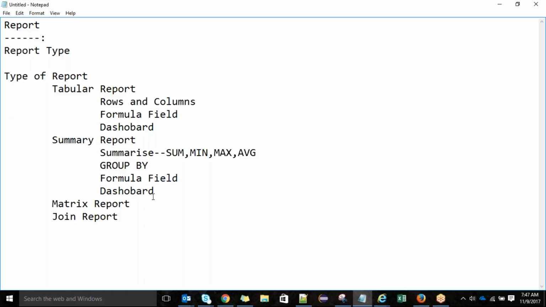Now, what is the matrix chart? And one point to remember here is that information can be summarized row wise. Here information can be summarized in a row wise. Whereas in a matrix report, in addition to summary report, here information,